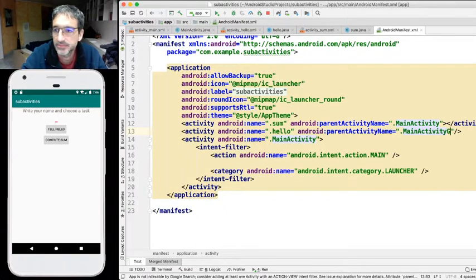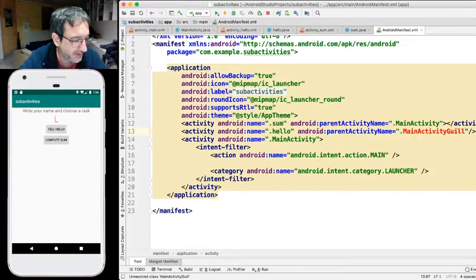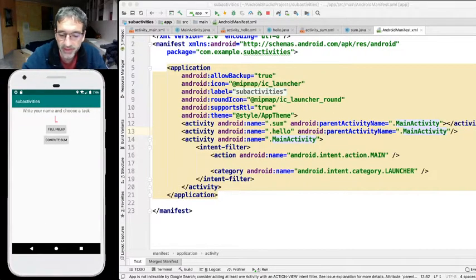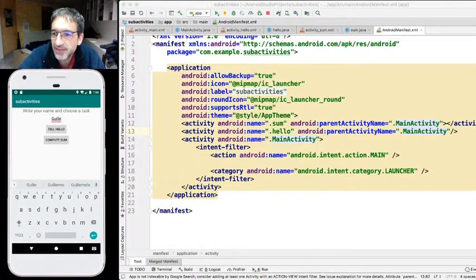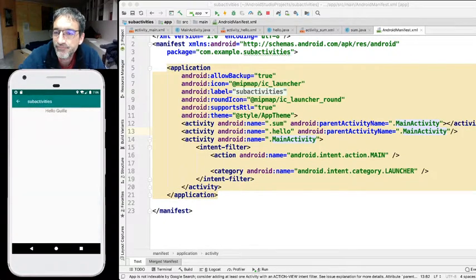So, sorry. So here we write our username again. We go to tell hello, and as you can see, at the top we have a backwards button which has been added automatically. Okay, in contrast to before, this backwards button